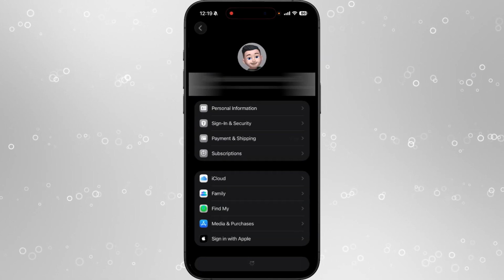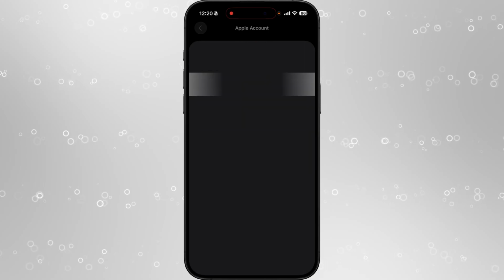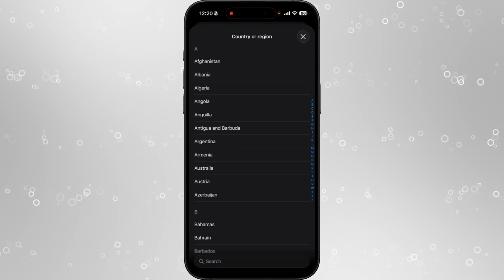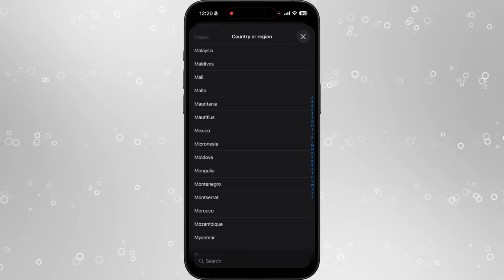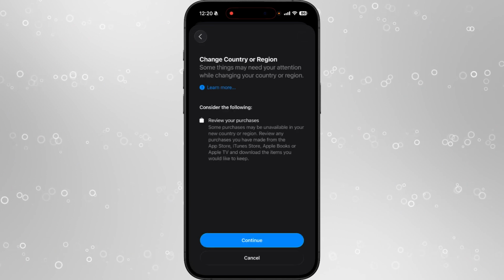You want to click on your Apple, and then you want to go down to media and purchases. Click on view account, and then once we log into our account, you want to go to country and region, and then you simply want to find a country which it is available in. So it's currently available in the United States, so I would search for United States, click on this, and then